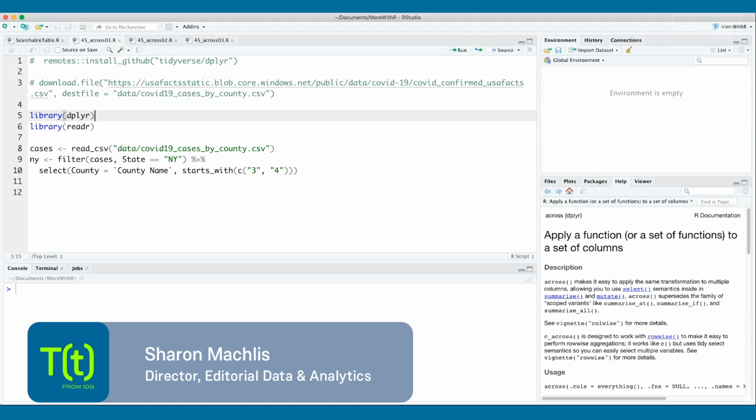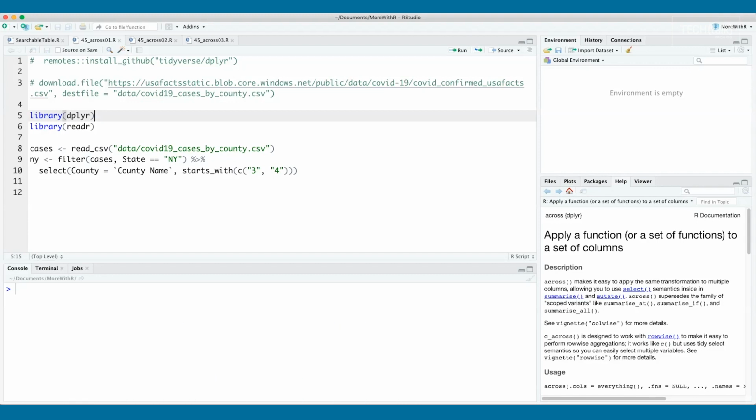Analyzing a data frame by column is one of R's great strengths. But what if you're a tidyverse user and you want to run a function across multiple columns? As of dplyr 1.0, there'll be a new function for this, across. Let's take a look. On the day I recorded this video, dplyr 1.0 was not yet available on CRAN.